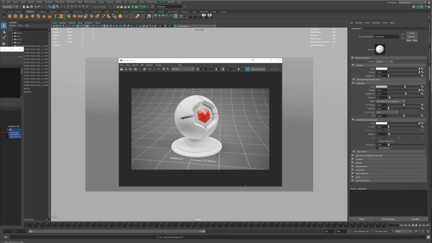Hey guys, today I'm going to be covering the Redshift Curvature node. The Redshift Curvature node is kind of a utility node. It lets you apply changes to the convex or concave surfaces of objects. For example, if you needed to add grit into the concave sections of the shader ball,